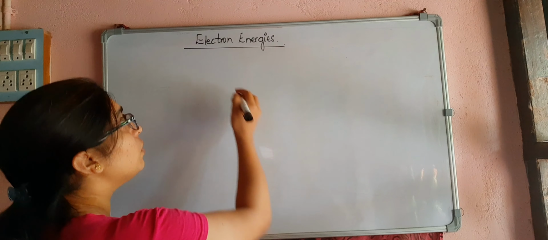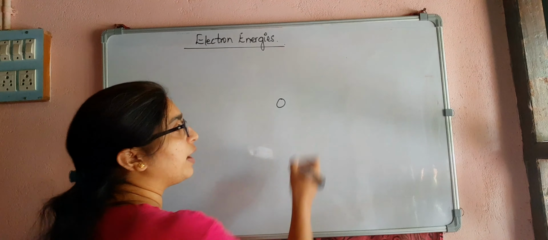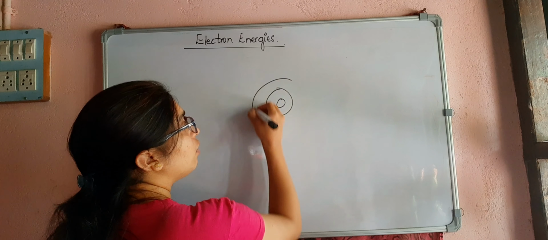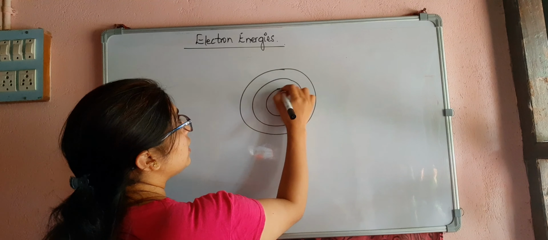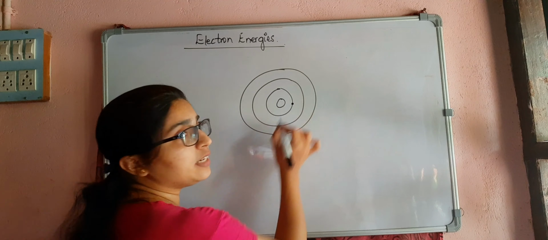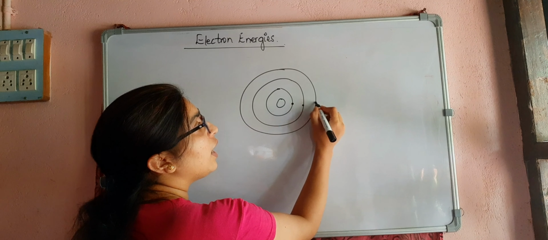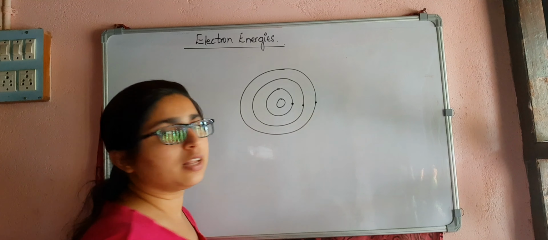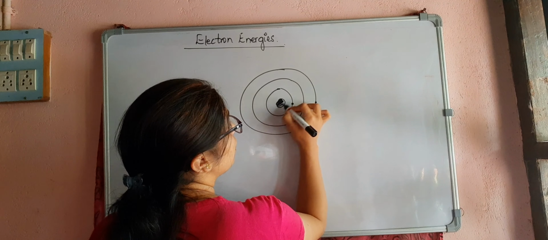I was explaining to you about the atom. There is a nucleus of an atom, and electrons will be revolving around it in orbits, right? So here in this electron energy diagram, the electrons present near the nucleus are in the first orbit, and this is the electron which is far away from the nucleus. So this is your nucleus.